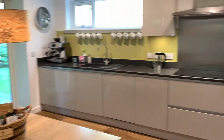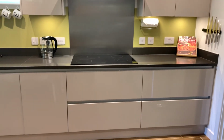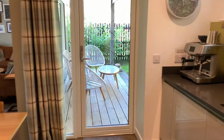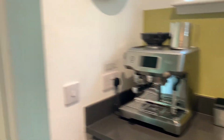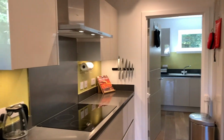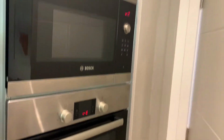Very, very well equipped. I'm a very keen cook and I love being able to be on holiday and to cook not just everything that I would expect to cook, but to do a bit of experimenting as well. So we've got some really fantastic things. This coffee machine is just amazing and it makes the most wonderful hot chocolate too. We've got things like a hand blender, a NutriBullet, a slow cooker, and obviously you've got your microwave, your oven, fridge,